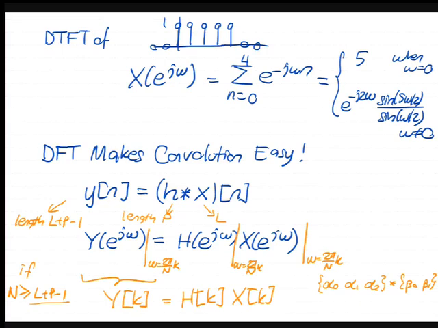So what do I do? If this was my H and this was my K, I go to Python or MATLAB. I'm used to MATLAB. I'm old school, okay? So I go to MATLAB, say capital H is FFT of alpha 0, alpha 1, alpha 2. Am I done? No, it has to be length 4 or more. If I decide on 4, I have to put a 0. How is it going to know length 4? I need to give it a sequence of length 4 so it knows it's length 4. So I have to plant a 0 there, and then I hit return, I get 4 numbers,